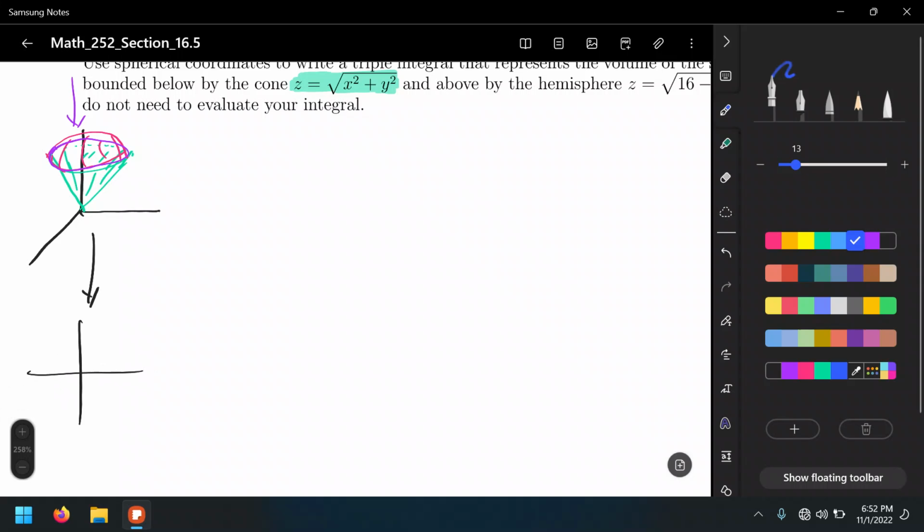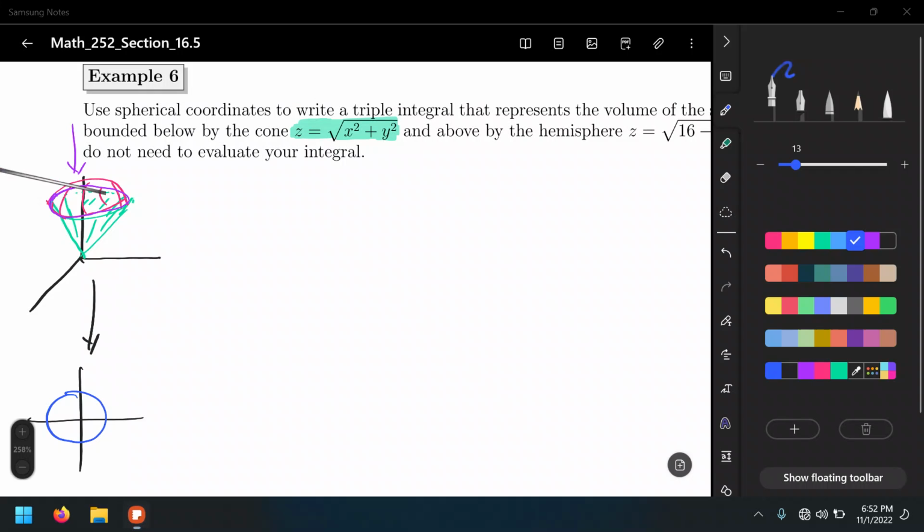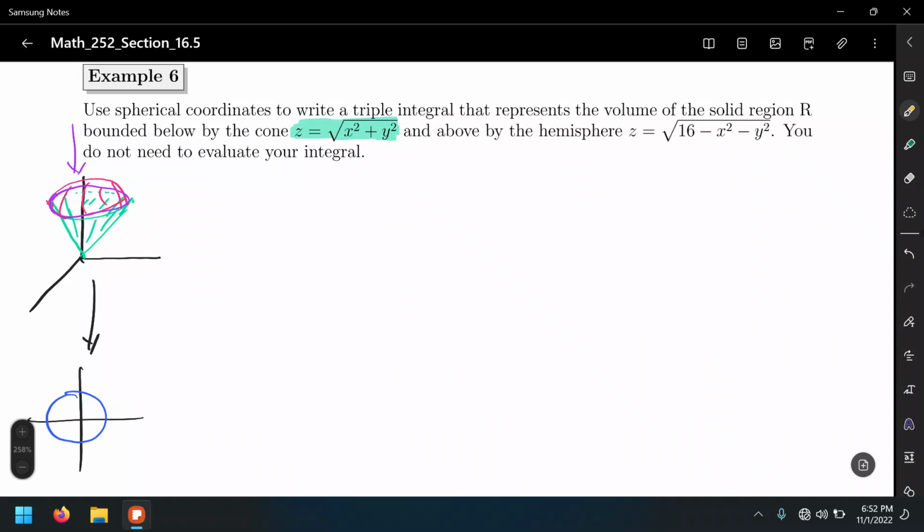Well, there has to be some circle. What's the radius and what's the equation of the circle? It's going to be the circular trace, which is the intersection between this part of the upper sphere and that cone. So to get that, we will set both equations together. So in this case, z equals z, that is the square root of x squared plus y squared equals